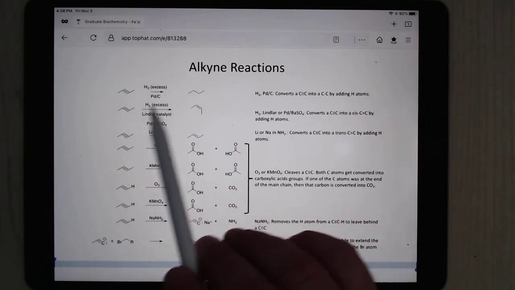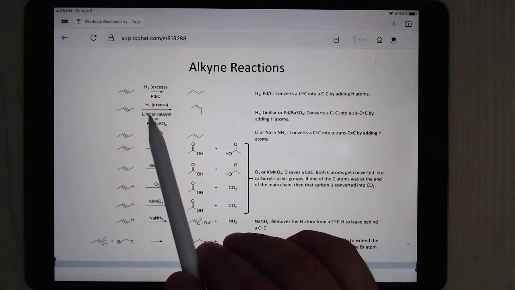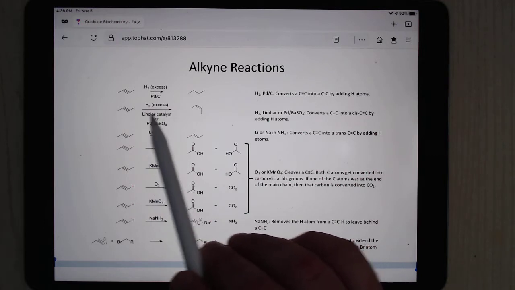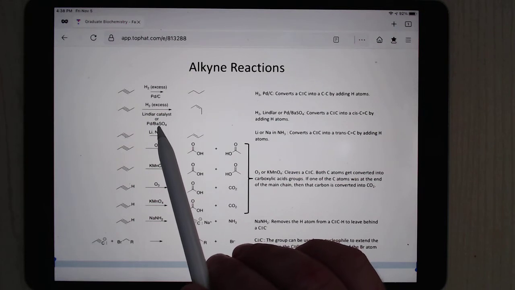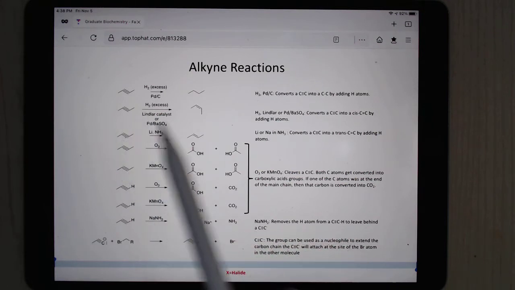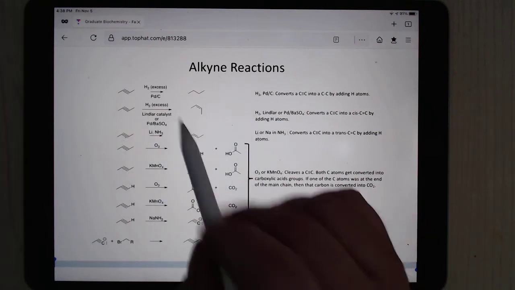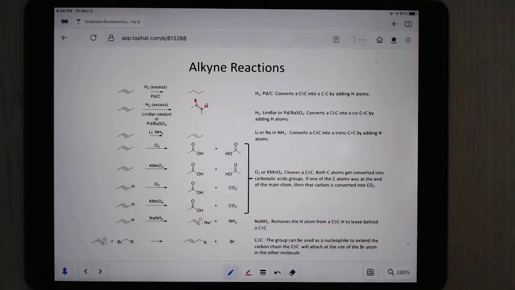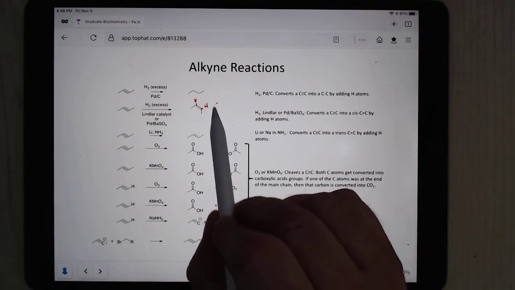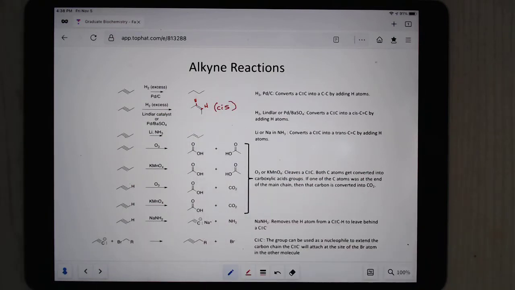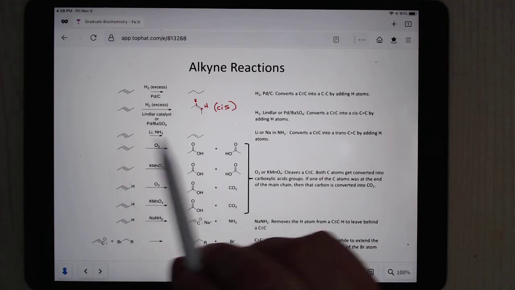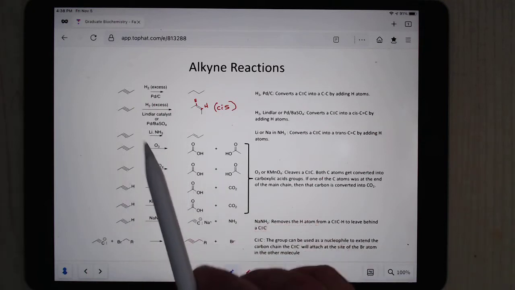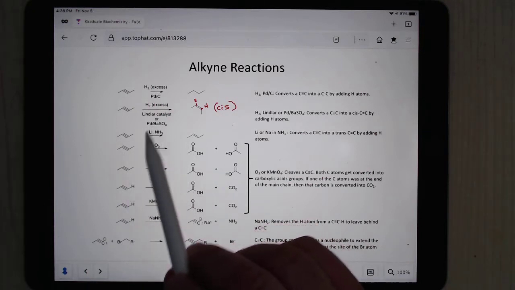If, however, you poison the catalyst either by adding quinoline to make a Lindlar catalyst or barium sulfate, you're only going to be able to do that once. Okay, and so the hydrogens end up on the same side, right? So remember, hydrogens go on that same face. So you're going to make the cis alkene. To make the trans alkene, you usually do what's called a Birch reduction, which is you